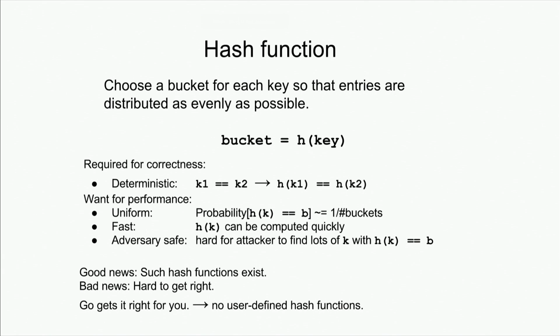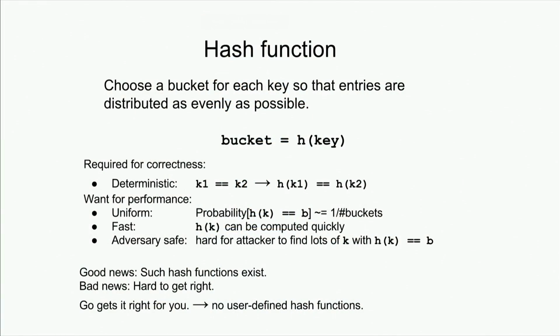Even if a bad guy gets to pick what all the keys are, they don't all map to the same bucket. So this is particularly important for things like if you're going to put the headers for HTTP requests in a map. Those are generated by some guy on the web who's sending you requests. If he's able to pick what all those keys are so they all map to the same bucket, they're going to make your web server very slow. So you want to make sure that